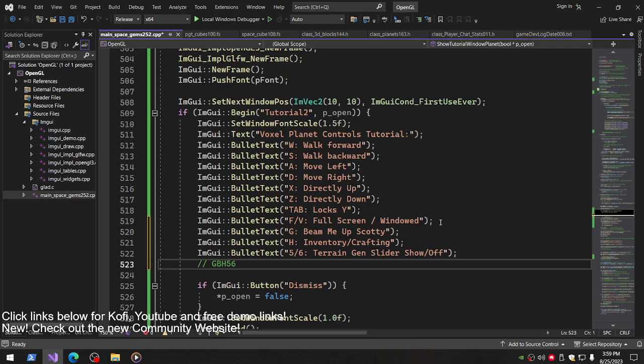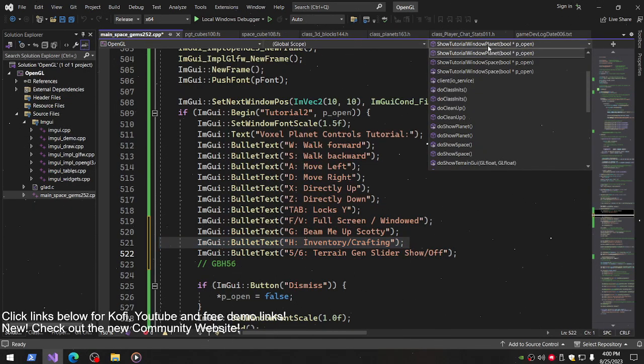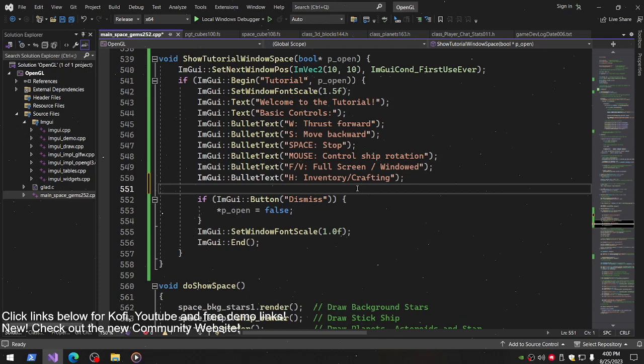Okay, GBH. Wait, B is the other one, so that's fine. So let's go like this. We're going to take this one, and we're going to go back to show tutorial space. Okay, because we want to put that one in there. Then we also want to put in